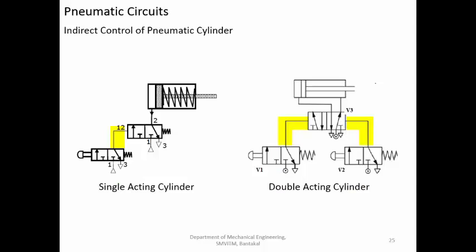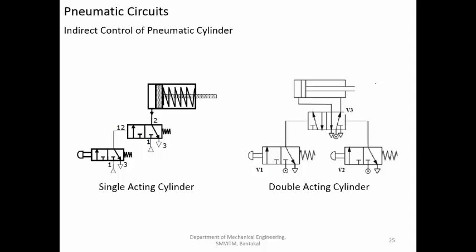So whatever the signal line is, you can call it as a signal line. The signal lines can be of low pressure, and the actuator lines or power lines can be of high pressure. Maybe this can be 8 bar, 10 bar or 12 bar, whereas these things can be of a lower pressure. Wherever the operator is there and whatever he is handling, it will be of lower pressure rating, and whatever the machine is using for controlling or moving the actuator or moving the load, it is at a higher pressure. So it is some kind of safety.